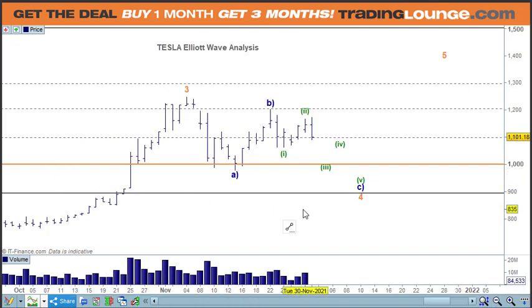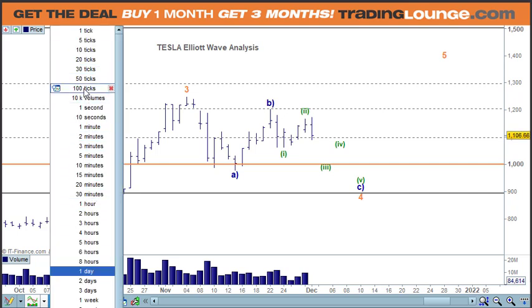Tesla, so I did make a bit of a mistake yesterday. We ended up with another little high here, and I'm not quite sure how to count that up there. But you can see that it's moved down, even though I got the high wrong, and the move down here is on higher volume, if we can use that. So yeah, I still think the pressure's still to the downside at this point. There is a case for the upside, and we will look at that. So on the 100 ticks,